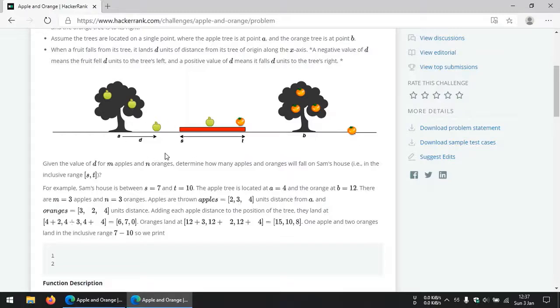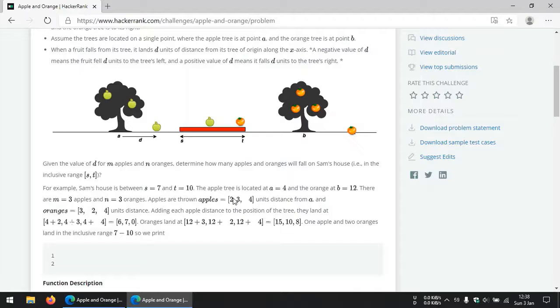To find where they would have landed, we just add the tree's position, which in this case is A. In this specific example A is 4, so the apple tree is at the point 4 on the x-axis.